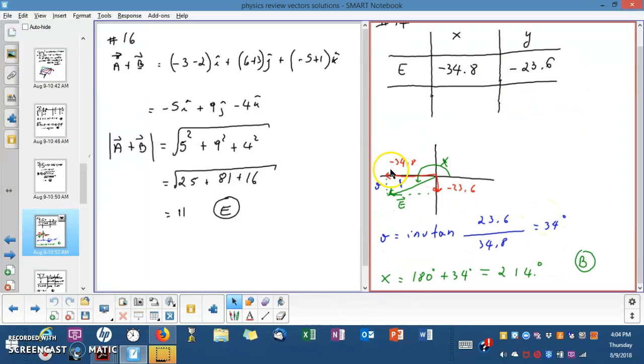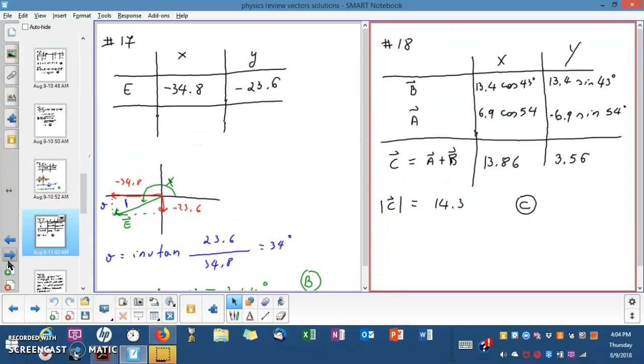So 34 degrees is that one, but then I remember that they wanted to know from the x-axis, so this needs to be added with the 180 degrees coming from this flat angle there. So 214 is going to be your answer, which is B. Then for number 18,